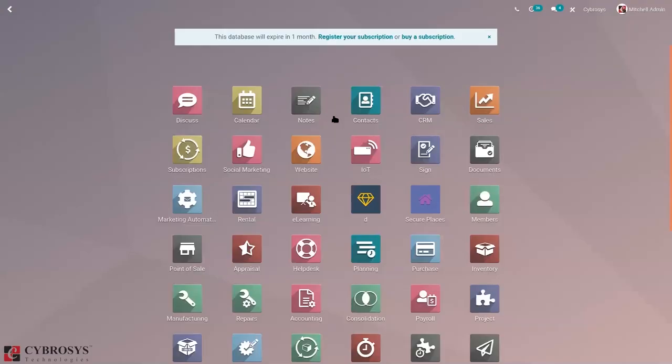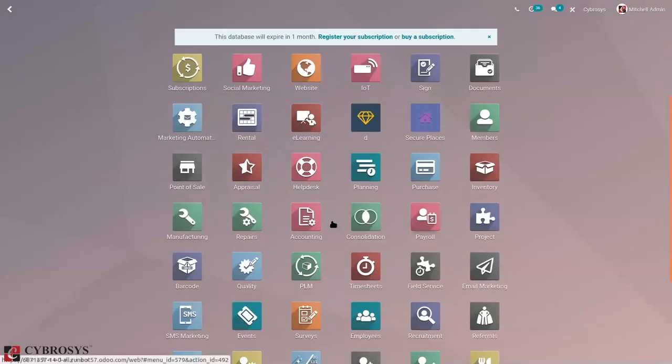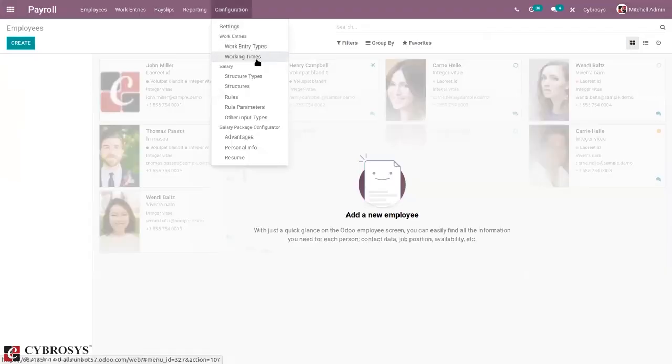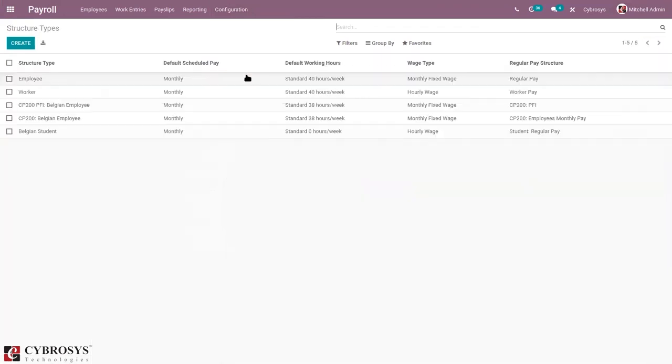And along with this, you can also find some additional data. When you click on salary structure type, you can see for Belgian employee, we have three additional salary structures added. You can see standard 30 hours per week as default working hours for one, and a different one for another structure type, and different regular pay structures created.